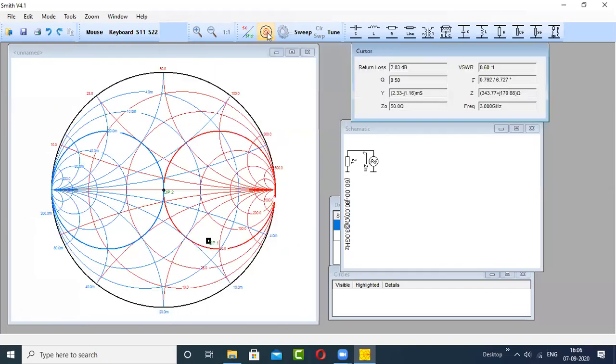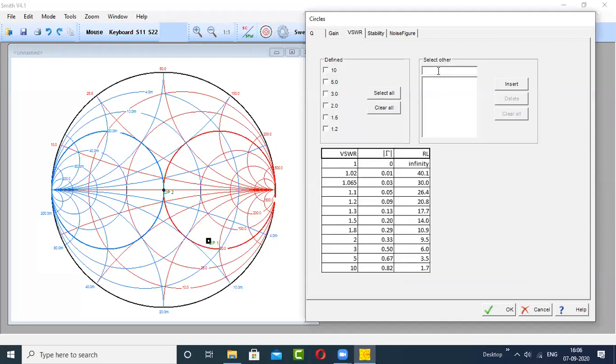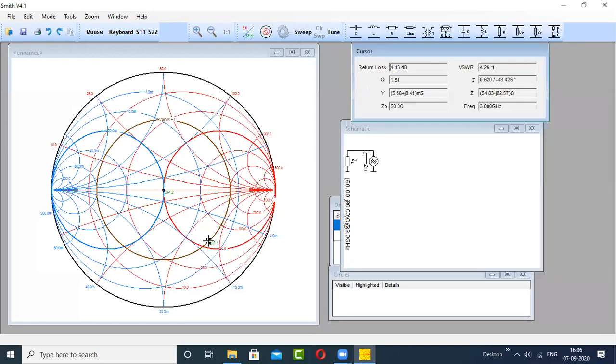For that, you have to click on this colored button, that colored circle. Here, select VSWR. And whatever figure you want to feed, you just click here at this box. So it is 4, suppose, okay? And insert that SWR circle. If you are convinced about the kind of SWR circle you want to have, then click OK. Otherwise, you can cancel it and repeat this procedure. Okay, so that SWR circle is passing through the plotted load.